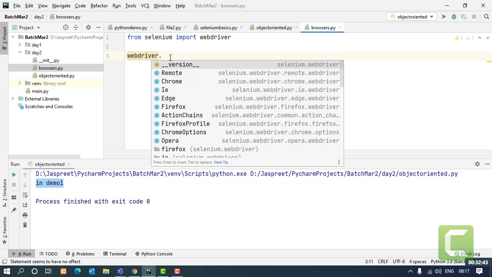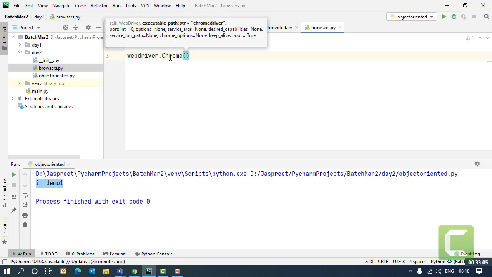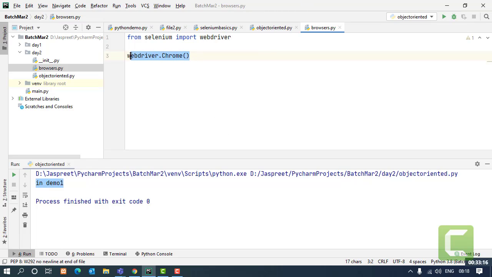Dot. Now you can see all those options coming up which were coming earlier. I have Chrome, Internet Explorer, Edge, Firefox, Opera. Likewise, I have all the options. So let's say I want to go for Chrome. I want to open up Chrome. So I'll say .Chrome. That was one of the classes that I'm going to use with the package. And that's it. This is the only command to open up the browser you want to open.